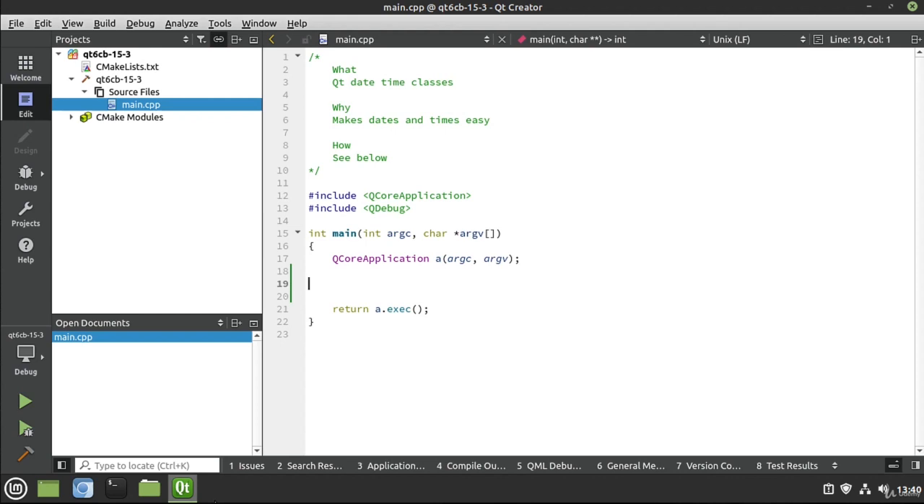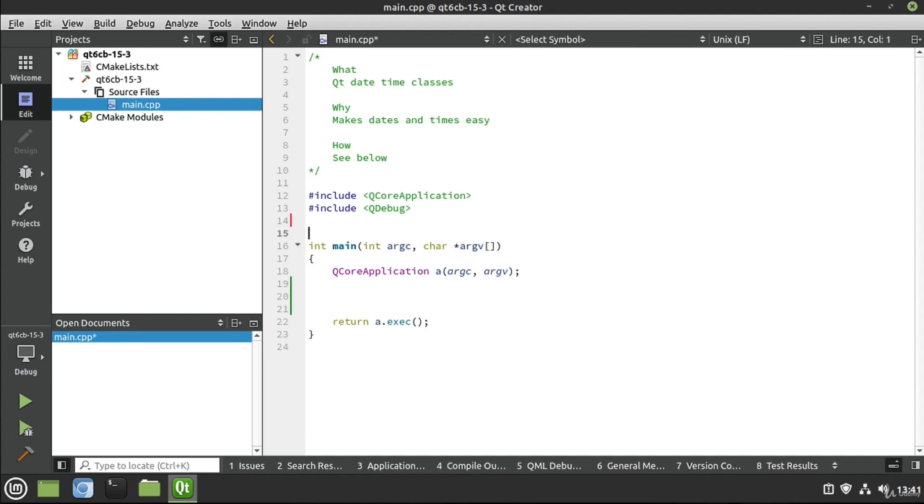Go ahead and take a look at dates and times. So why? Because just about everything uses a date and time at some point. Let's go ahead and do some includes. So I'm going to include